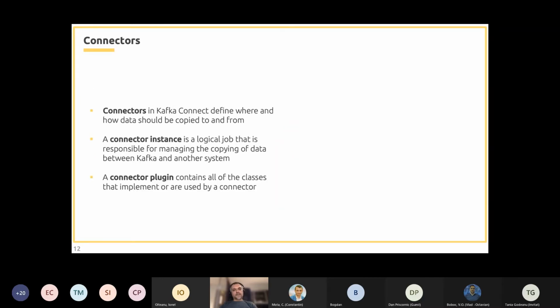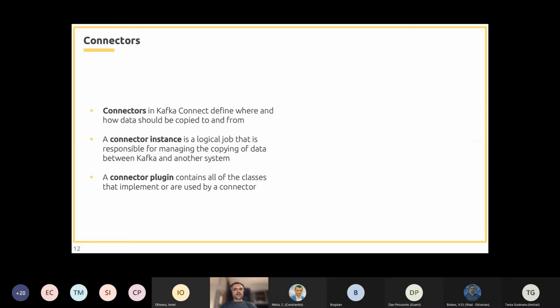Moving on to connectors. These are the only technology-specific components in Kafka Connect, and they define how to integrate with a particular data source.